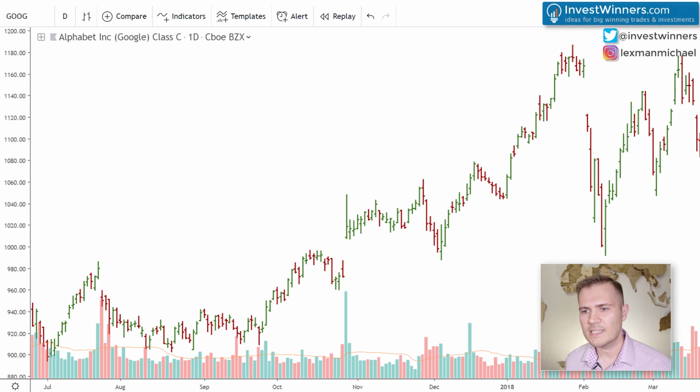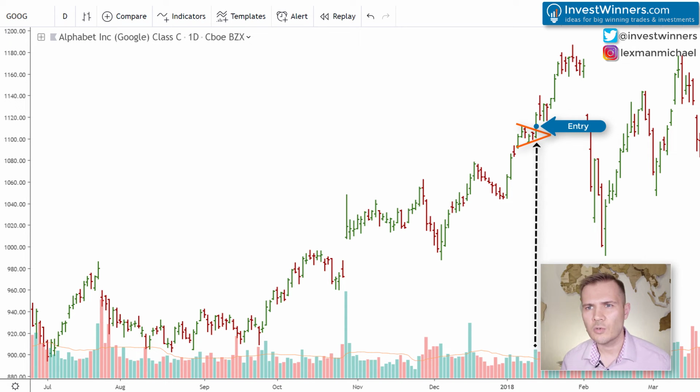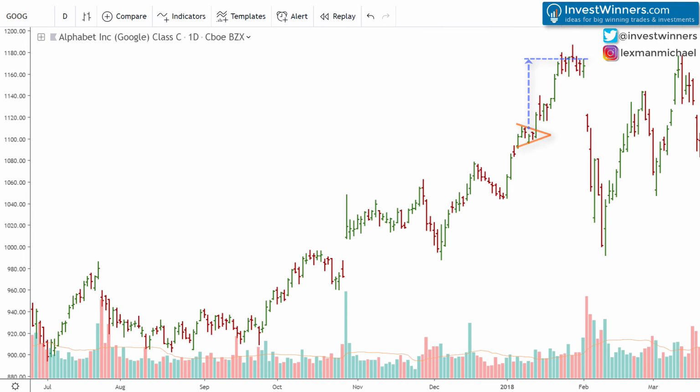In the meantime, let's move on to stocks and see how the pennant stock chart pattern works. In early January 2018, Google stock propelled upwards. Then only 3 days of uncertainty followed, during which a pennant stock chart pattern was formed according to all the rules at reduced volumes. The entry point was just above the upper trend line, and as early as January 12, a breakout took place and positions could be opened due to large volume. The chart was so strong that the next day the price opened with a gap but reverted to the closing level of the breakout day. Google stocks stood still for several days, and then the pennant stock chart pattern worked in full.